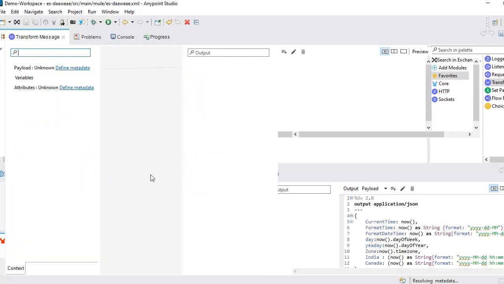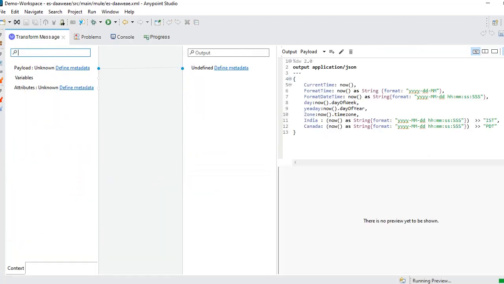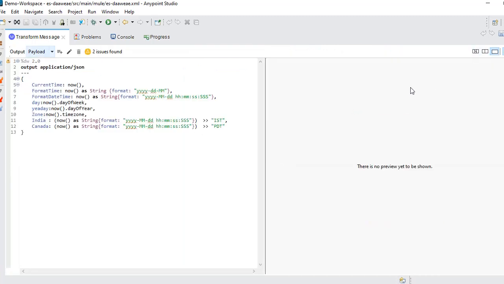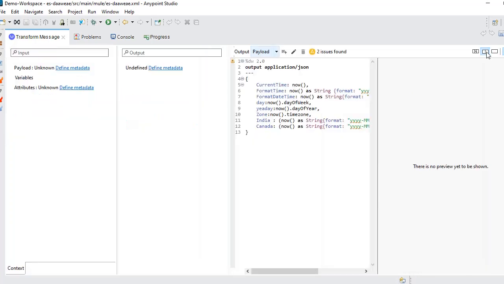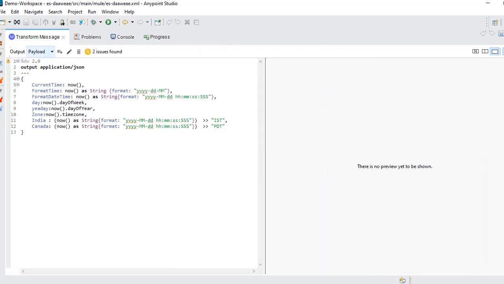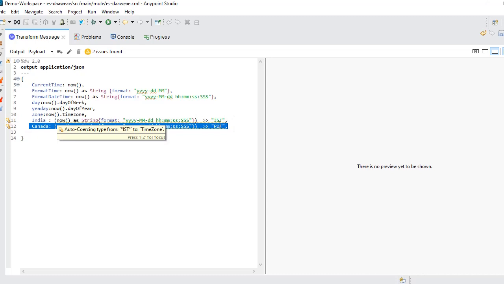But there I'm facing copy paste issues, so I'm back to this DataWeave. Okay, let's wait until it is generating the preview. Then usually you should use this double forward symbol and the time zone. You can specify the country name directly, so let's complete this syntax and restart this so that you can get the preview at once instead of wasting time.